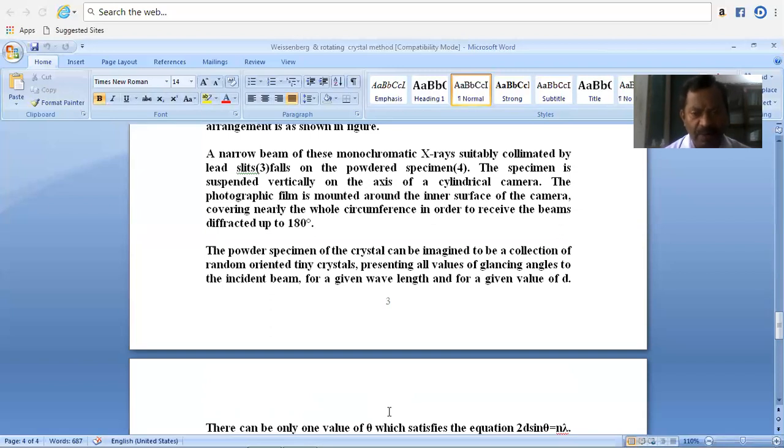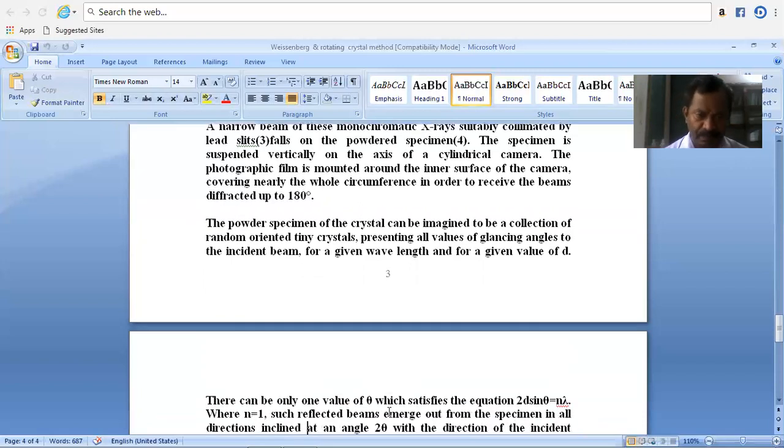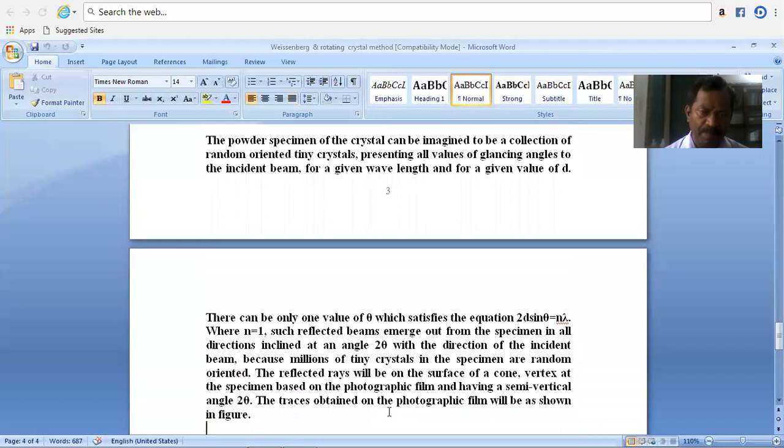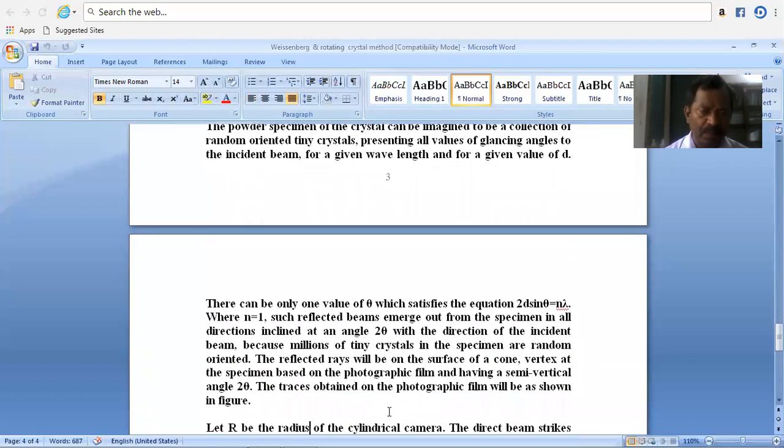For a given wavelength and for a given value of d, there can be only one value of theta which satisfies the equation 2d sin theta equals